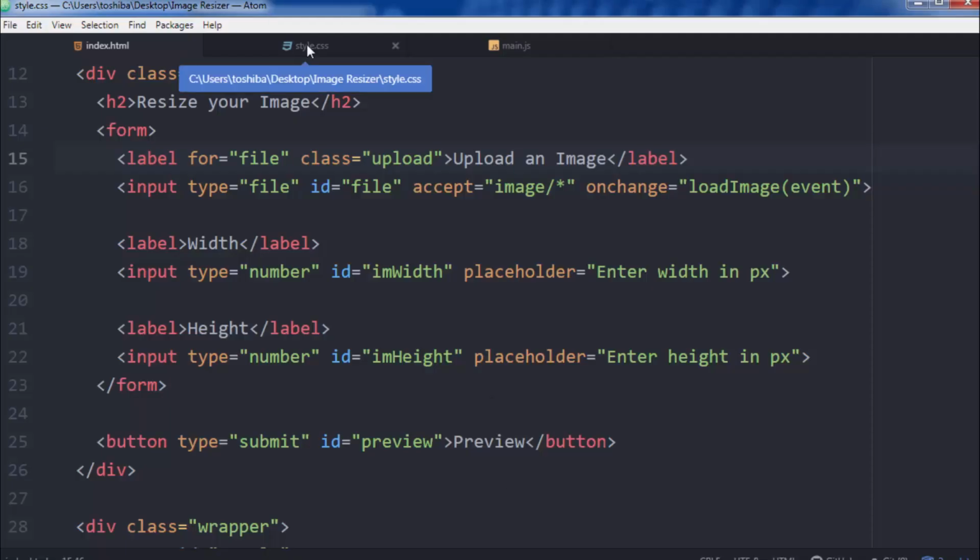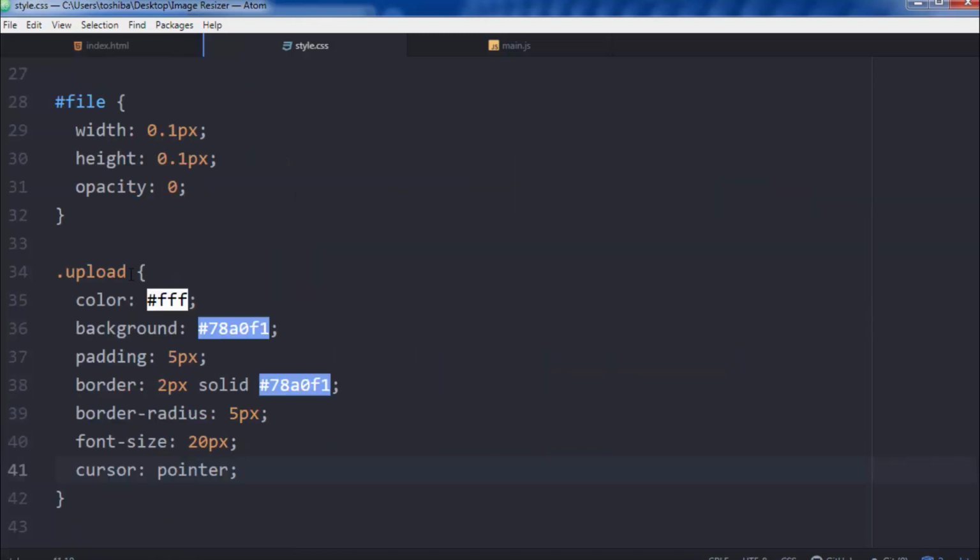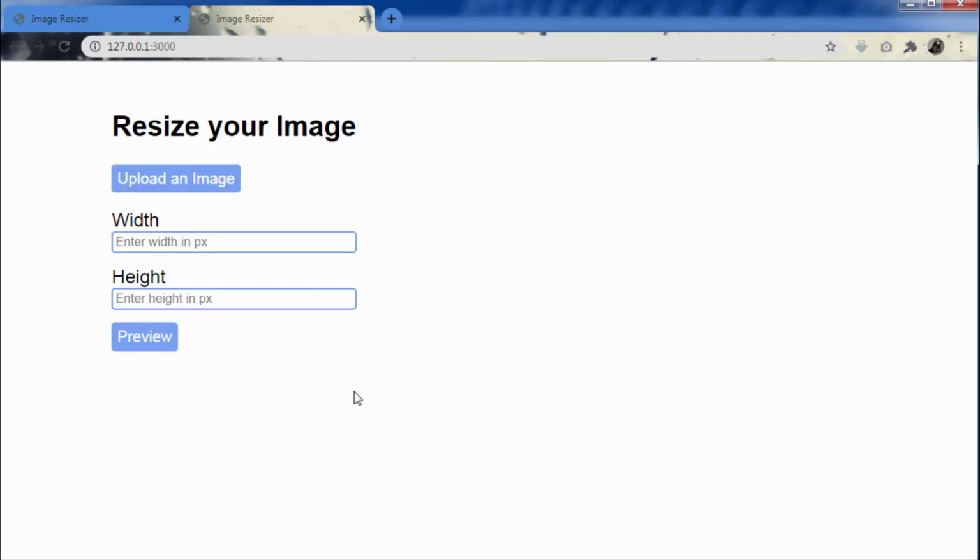Okay, so we still have this button here. Let's just give it the same styles. This one. So if I save now, there we go. And I think that's it for the styles. So we need to get into the big part, which is